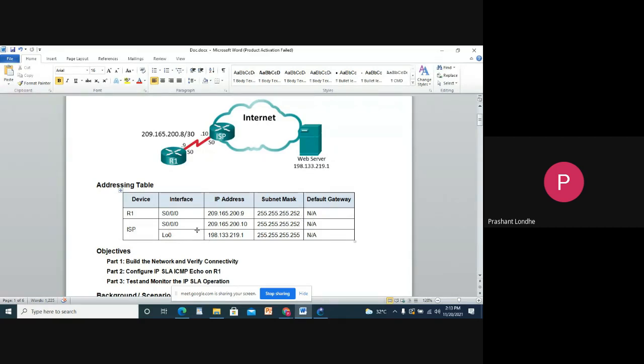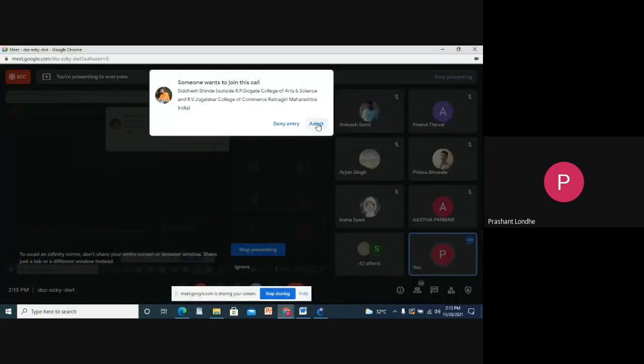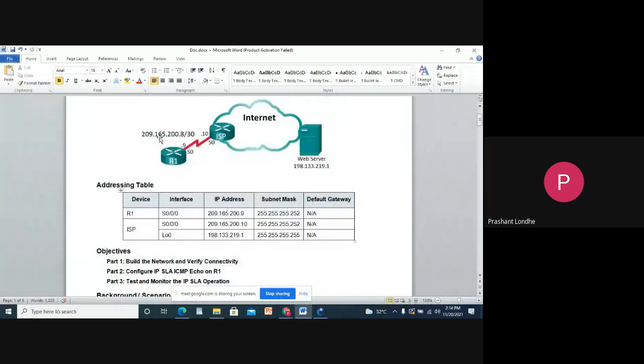The interface connected to the web server has the IP address 198.133.219.1, and the subnet mask is 255.255.255.255. In this way we are supposed to set up the network, and we want to configure IP SLA.